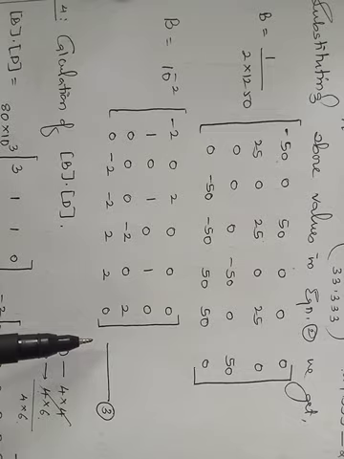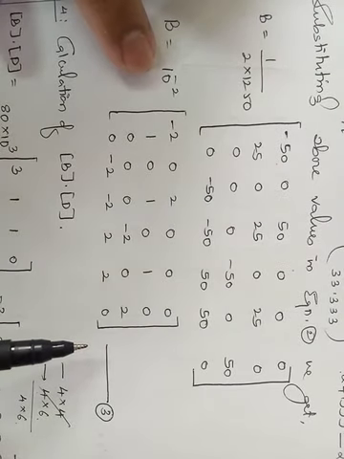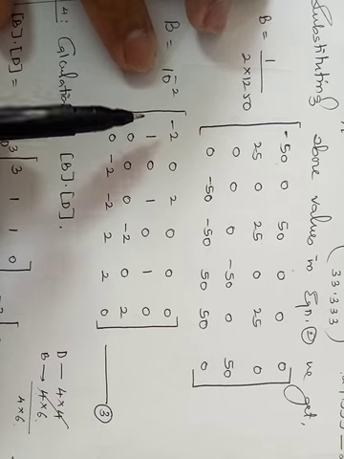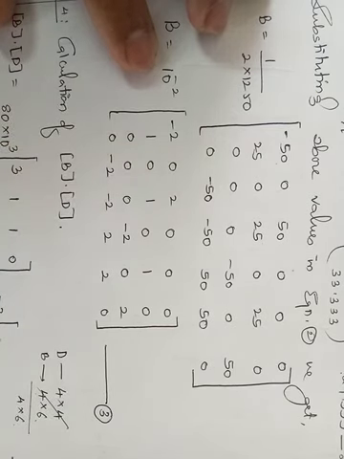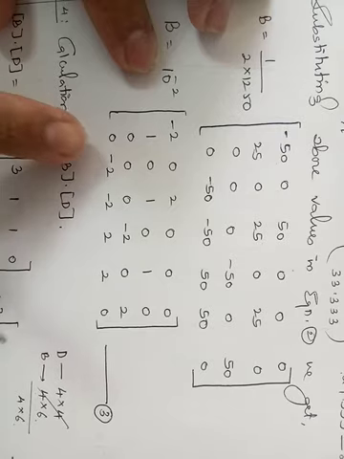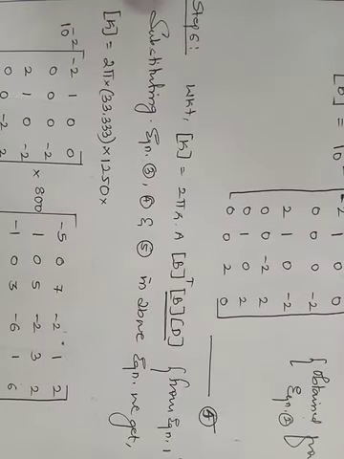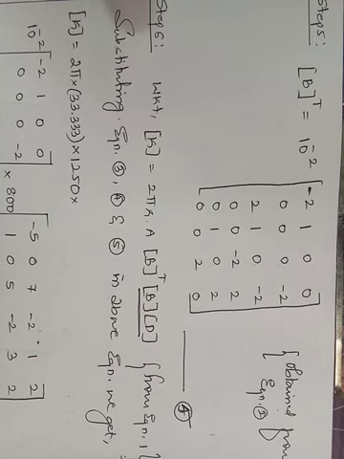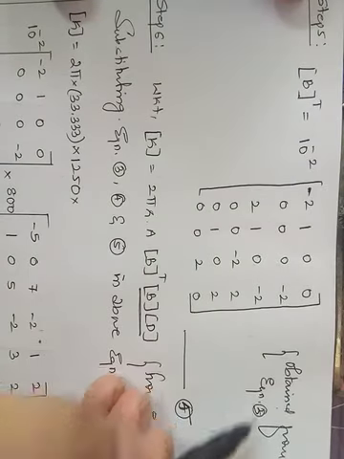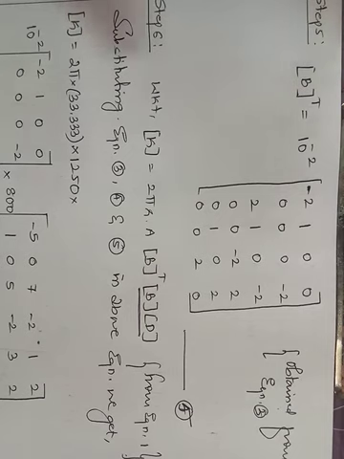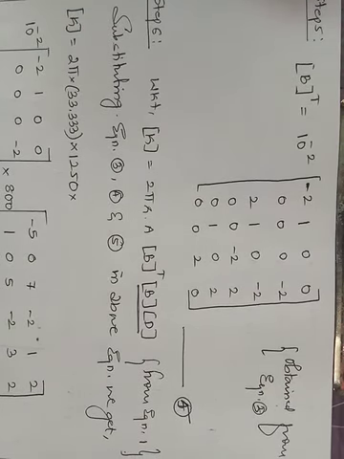If I take the transpose of this, 10 raised to minus 2 remains as it is. Whatever are the rows become columns, and whatever are the columns become the rows. So here you are having 4 into 6. If you take the transpose, you will be getting 6 into 4. Right, so that is what I have done. So this should be equation number 3. So B transpose, you are getting a 6 into 4 matrix. I told you how I got that. You are just taking the transpose of the B matrix. It was a 4 into 6 matrix. Here you will be getting a 6 into 4 matrix.